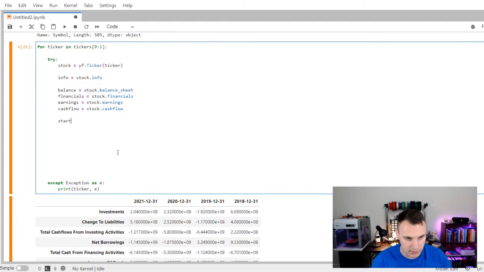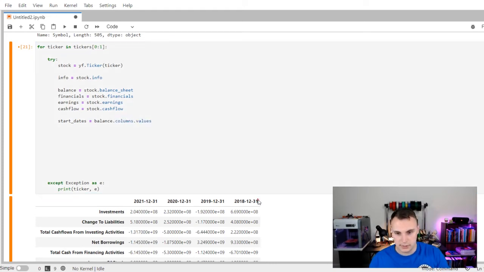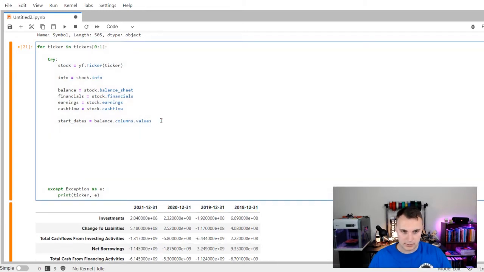So we're going to make a value called start dates. That is going to be equal to, let's just take the balance data frame, and we're going to say the balance dot columns dot values. Now, this is going to be like the one right here. It's going to be pulling these 4 values. And what we would want is we want from that date, we're going to be predicting the year after it. So we need to make end dates